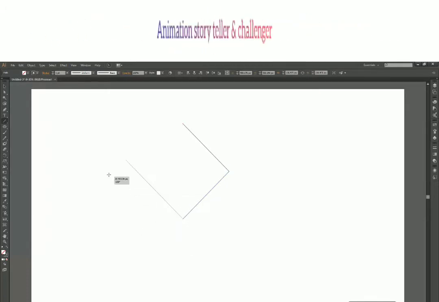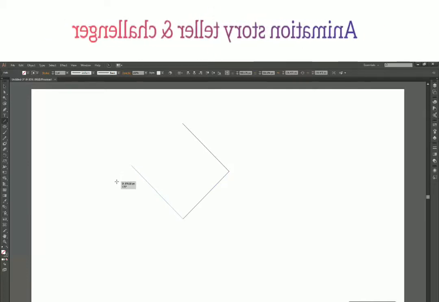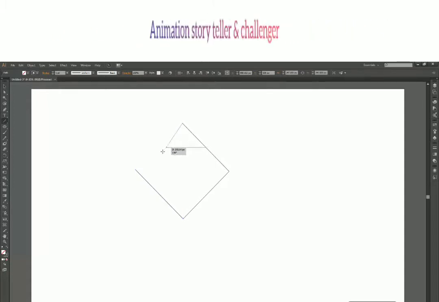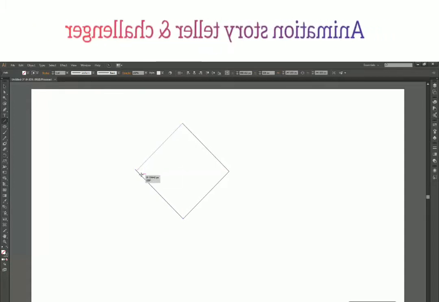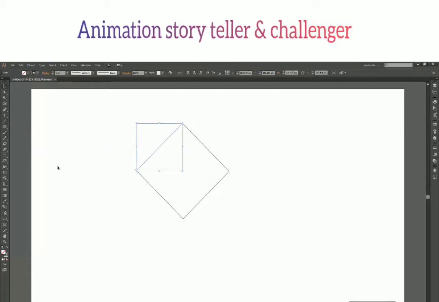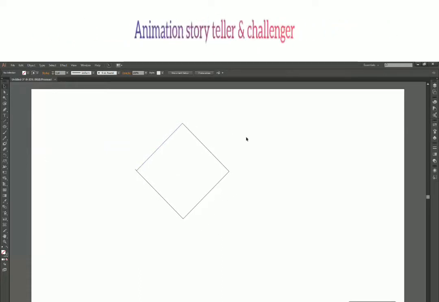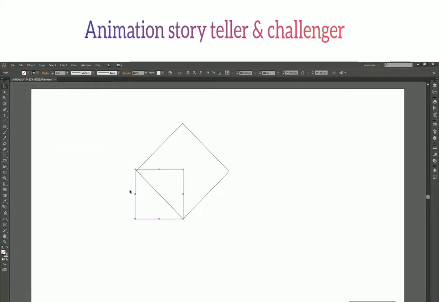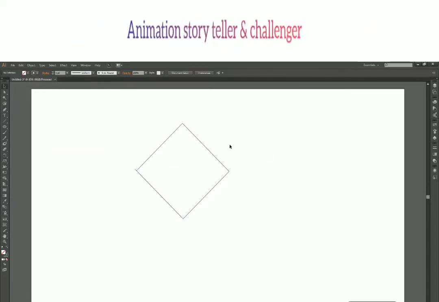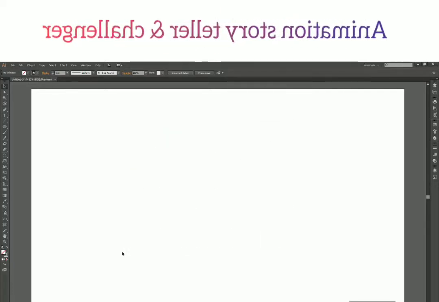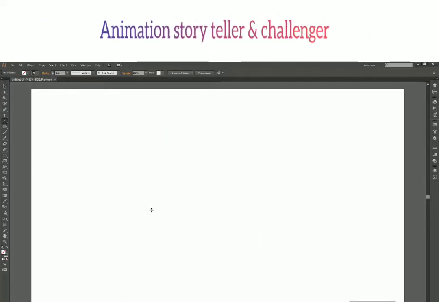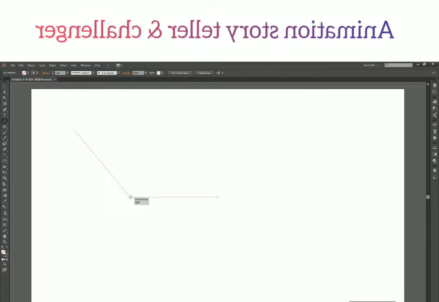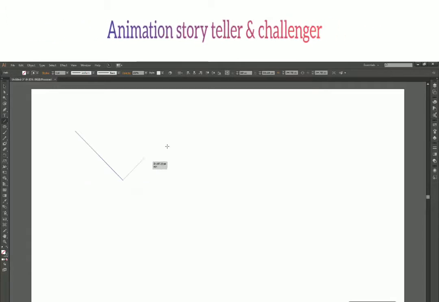Again, I'm repeating the process and there I'm going to release my mouse. And again, the same thing, hold the shift key and get a line, and it's pretty close. I almost got the square, and if only this line were smaller, then I wouldn't have an extra segment here. But that's how you can use the shift key. Now let's see the other key, which is the Alt key.